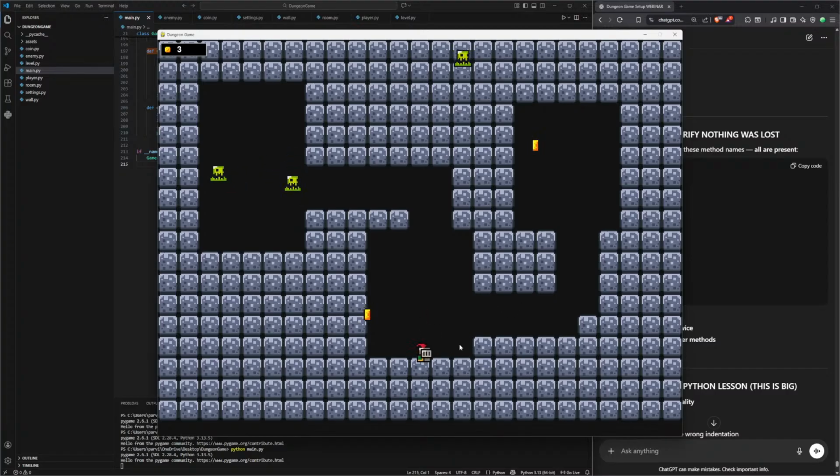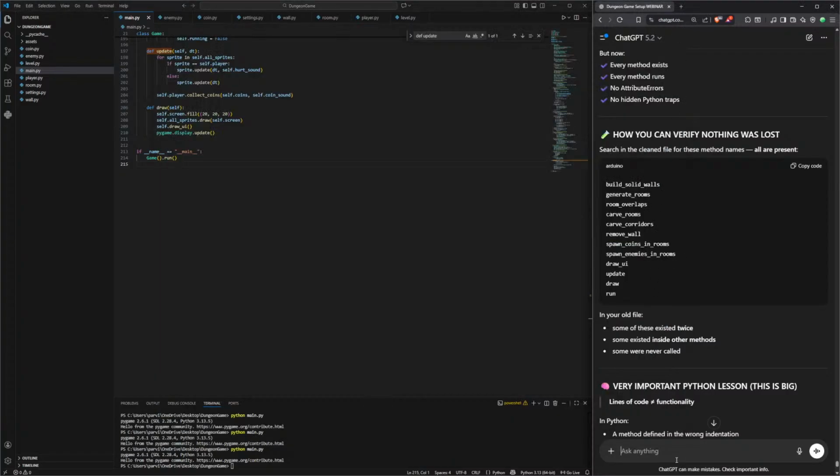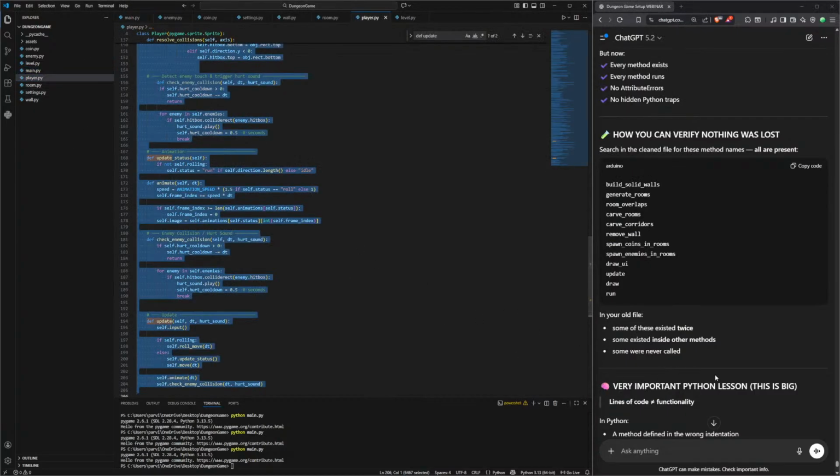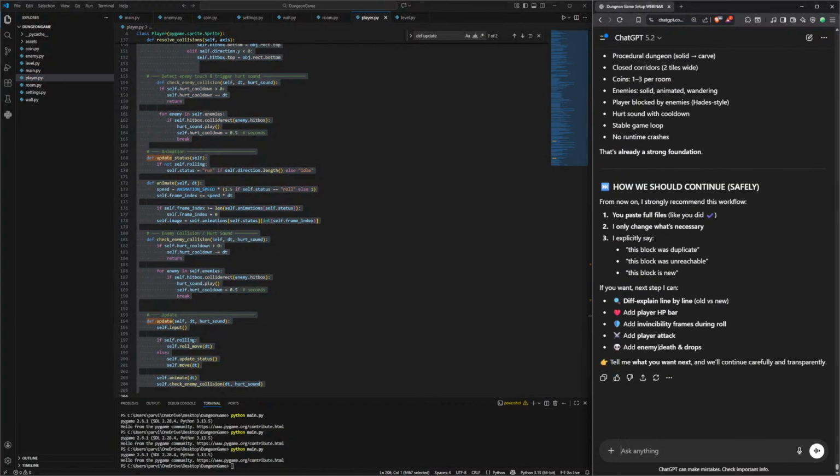Now the player keeps rolling. Now probably there's some mistake in my player.py because when I click the roll button, which is space, the player